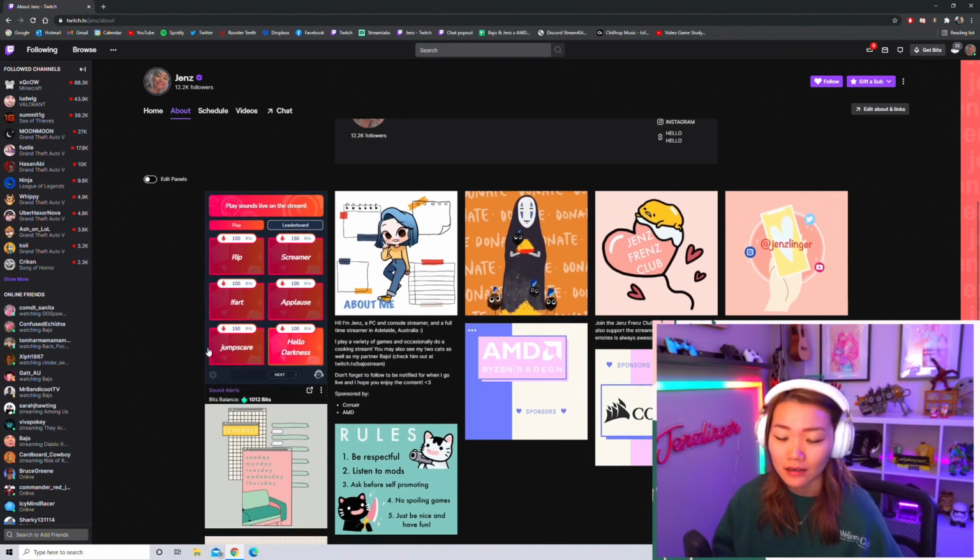This here is an extension, which I can go over later, but basically Twitch has a various amount of extensions that can lead to other sections or websites, such as a Twitter extension that shows your Twitter feed, an Instagram section that shows your Instagram feed, and so on. So have a look at the extensions, see what you want to show on this page, and there are some really cool ones.